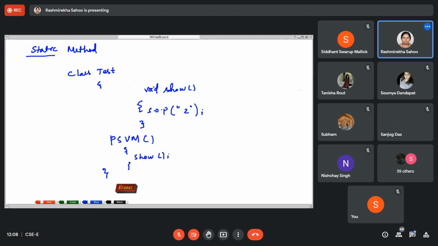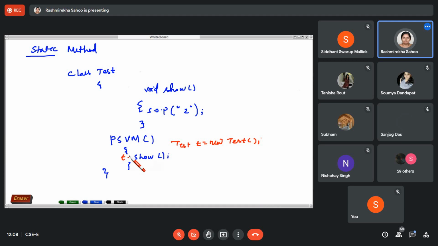With that object we can also call the static method show, but that is not mandatory. If you are calling it this way, then you first create the object test t equal to new test, then call t.show.